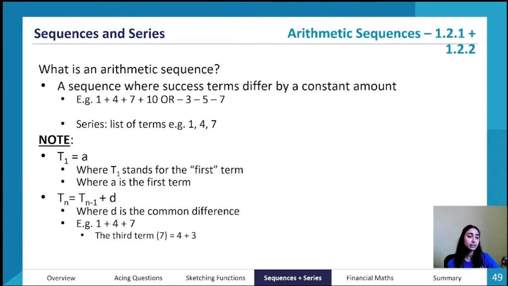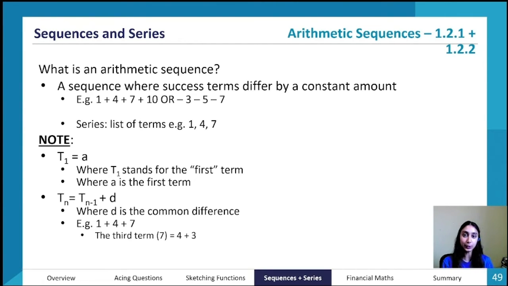And then I know I keep saying sequences and series. You might not know what a sequence or a series is. So sequences and series are pretty much the exact same thing. A sequence is when they're being added together. A series is just when they're listed next to each other. So the example being 1, 4, 7. It's not 1 plus 4 plus 7 plus blah blah blah. It's just 1, 4, 7. That's the only difference. Okay. So just some more terminology.